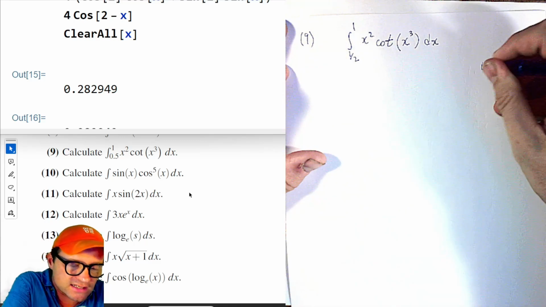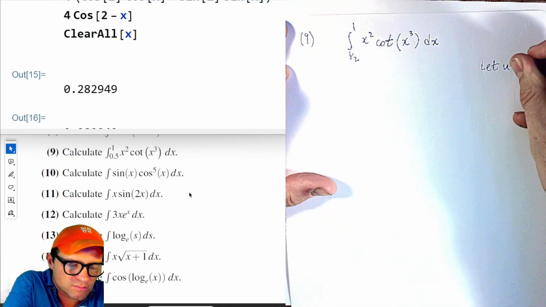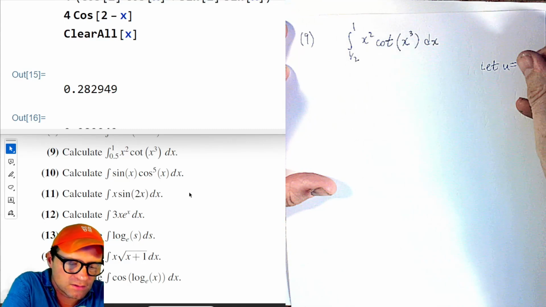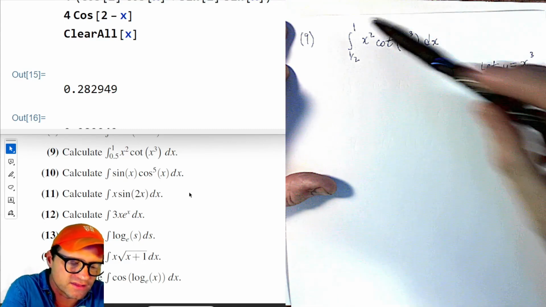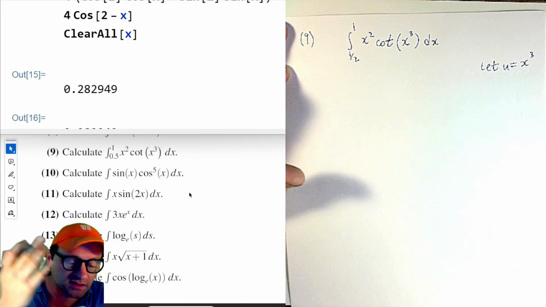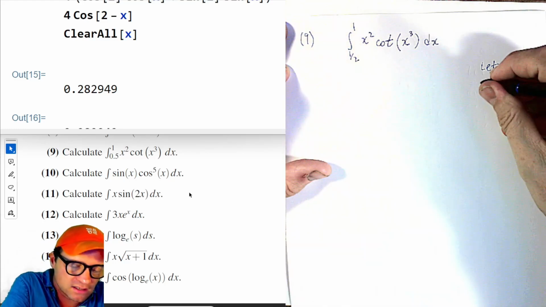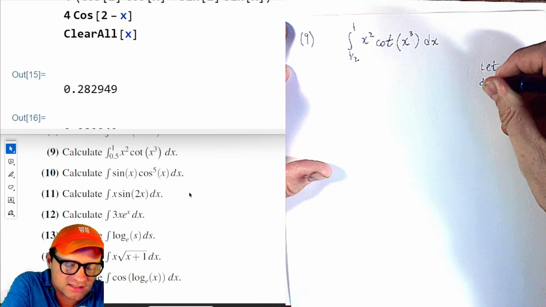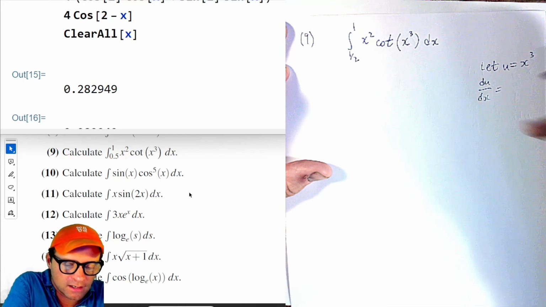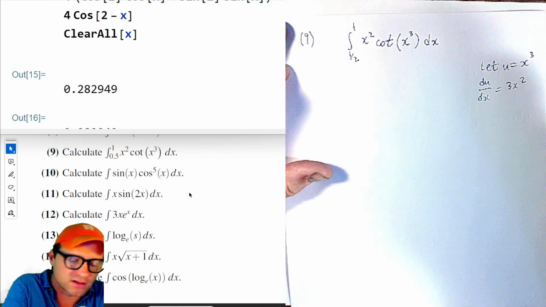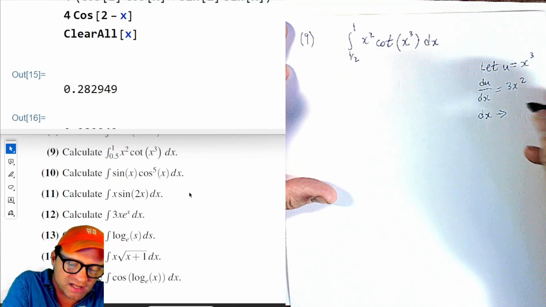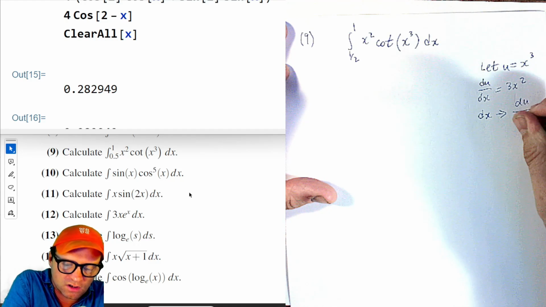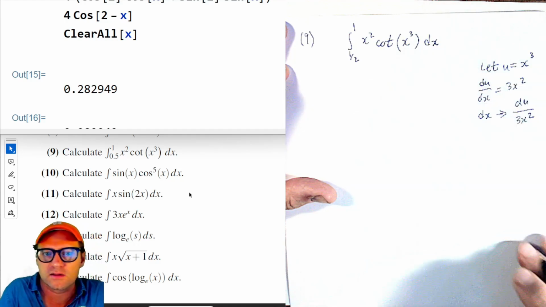So first, let's let u be equal to what's inside here, x cubed. And incidentally, the derivative is a lot like this, right? Which tells you this is going to work out nicely. So take du on dx, and we get 3x squared. Now do our little algebraic trick. We're going to replace dx with du over 3x squared